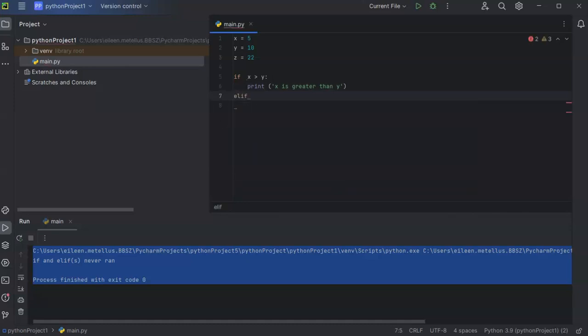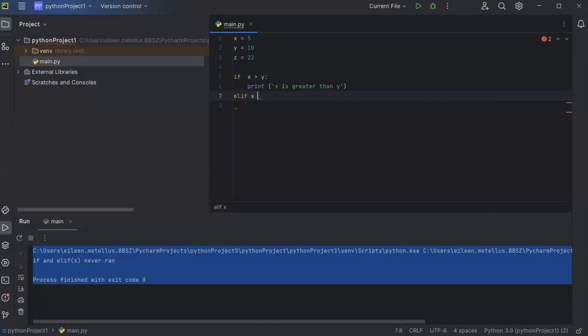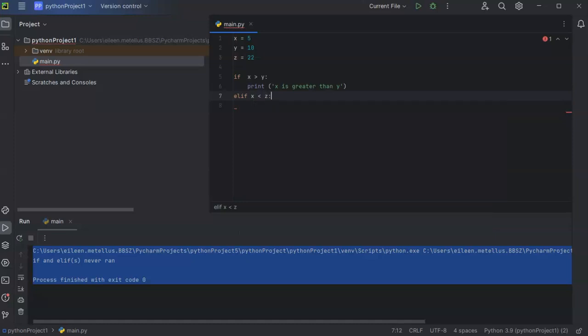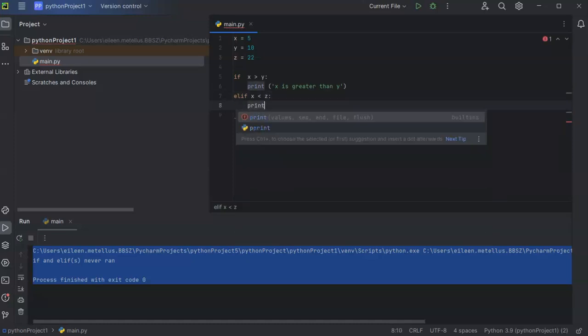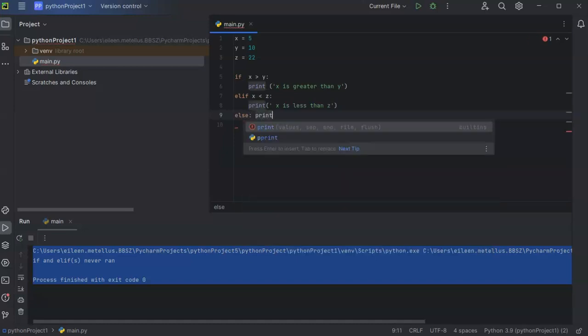Elif x is less than z, colon, please don't forget your colon, print x is less than z. Else, print